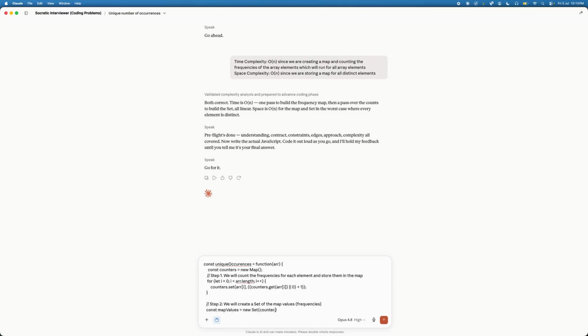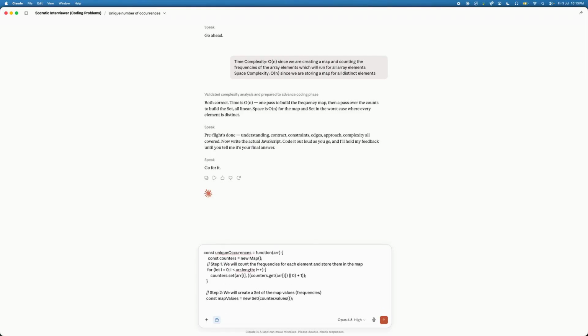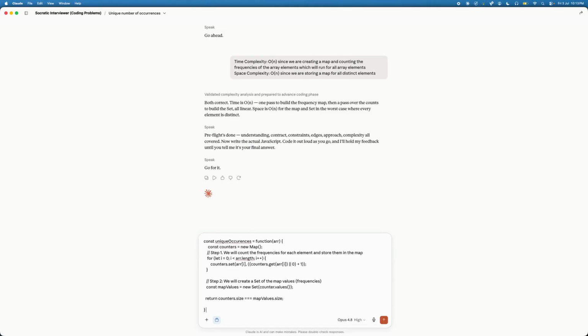Here we will pass counter.values. Once we have counter.values, and at last we return counters.size is equal to mapValues.size. End of function.